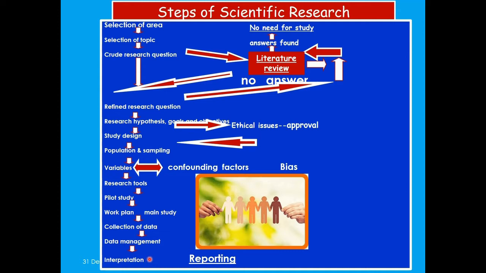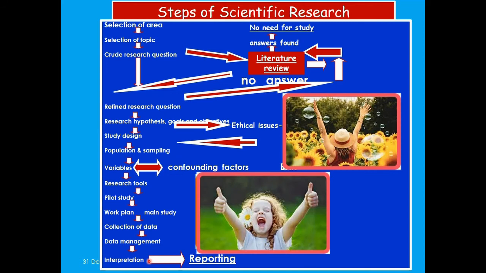So interpretation of data from the data management is very important. And the final step is that once the data interpretation is over, you have to generate your final report. So the steps of scientific research which I am showing here are very important, and they are common for any type of clinical research or any type of clinical trial, and they are very important to understand and to follow for completing a successful clinical research.